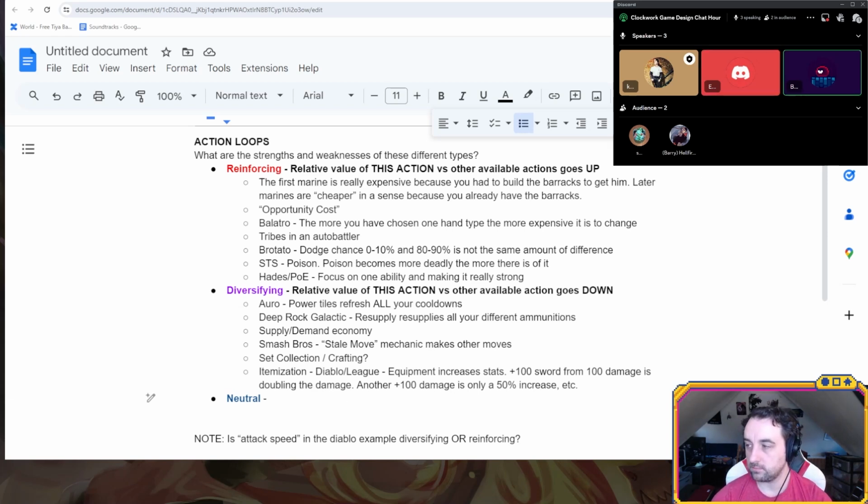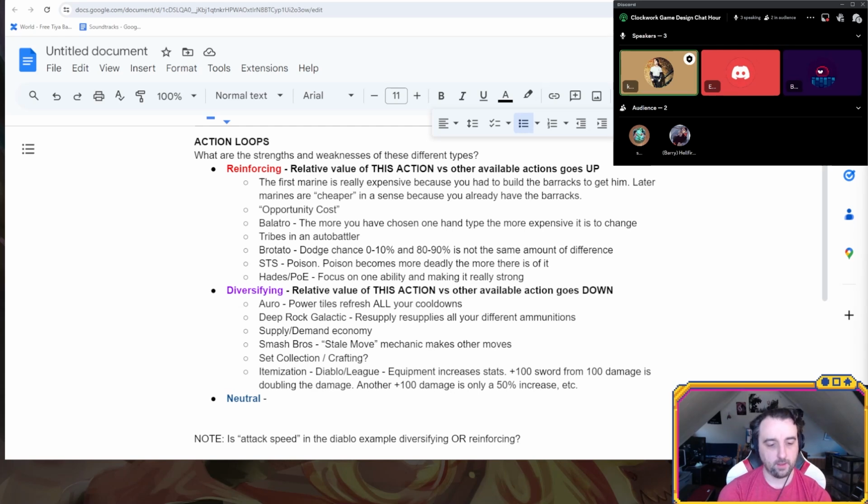But yeah, there's a lot of cases where you could have this conflict for the player between should I use this other thing because right now it's in a sense more valuable, but this one becomes more valuable if I keep using it. But then there's a lot more ambiguity, right?